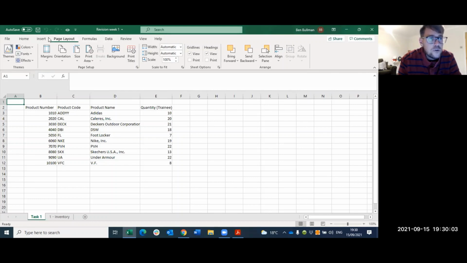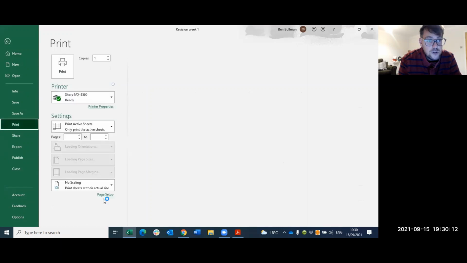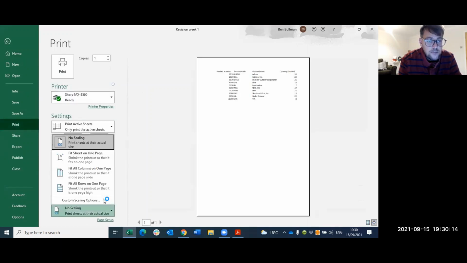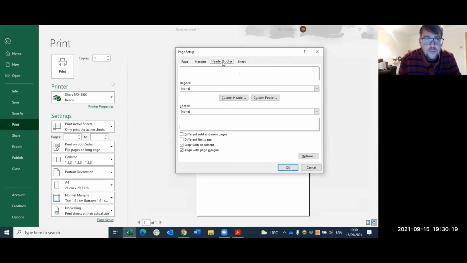I'm actually going to go to File, and I can go to Page Setup here. So I can do that through the Print option and go into Page Setup. And in the Page Setup here, I can go to Header and Footer. There are other ways you can get to Page Setup, but in the Header and Footer, in the header, I can go to insert one that's a date. So there's a few different ways I can do that. But if we go to Custom Header,